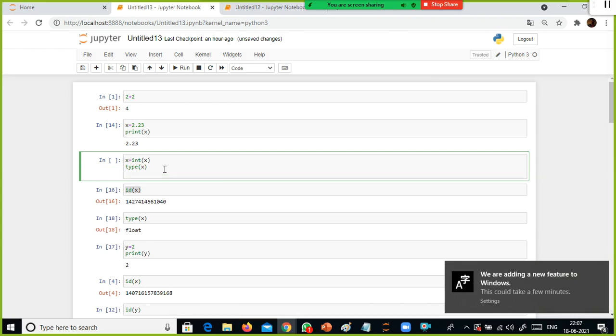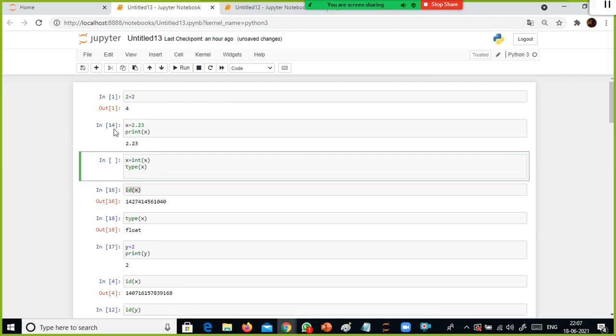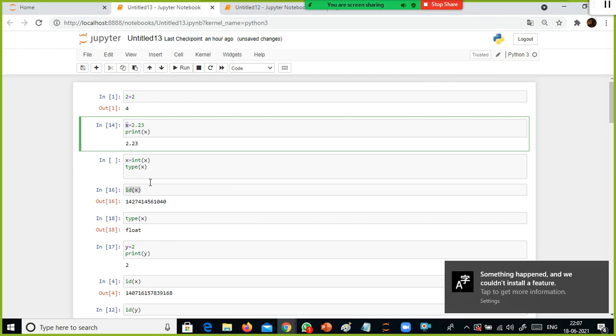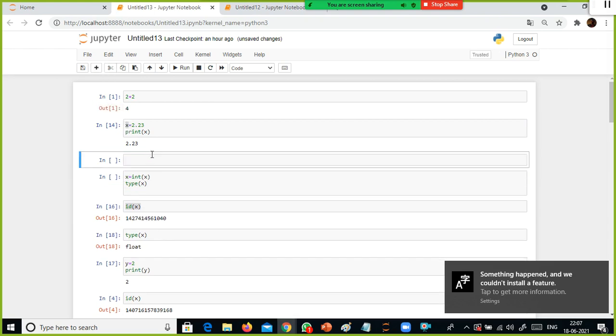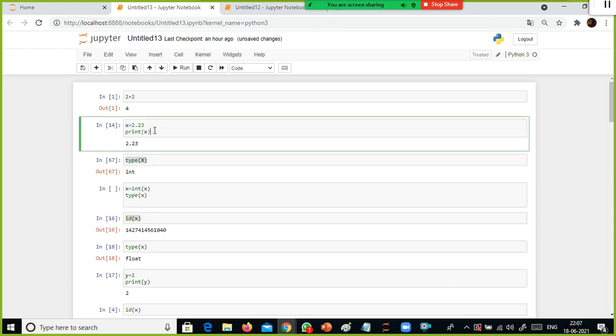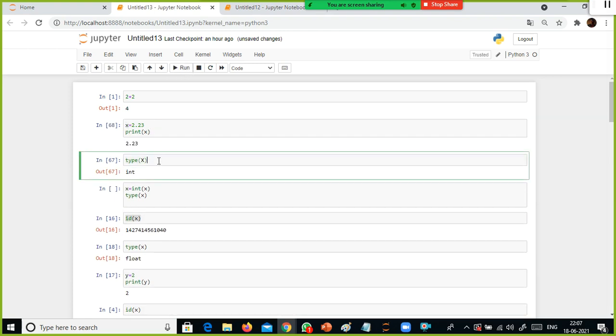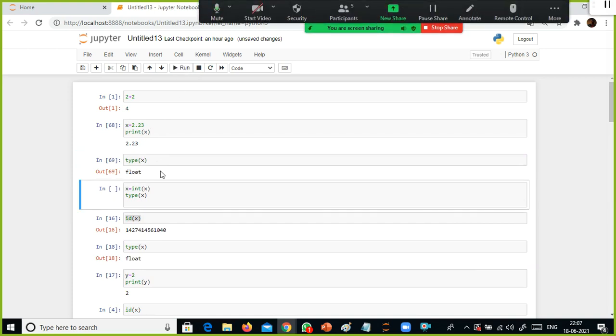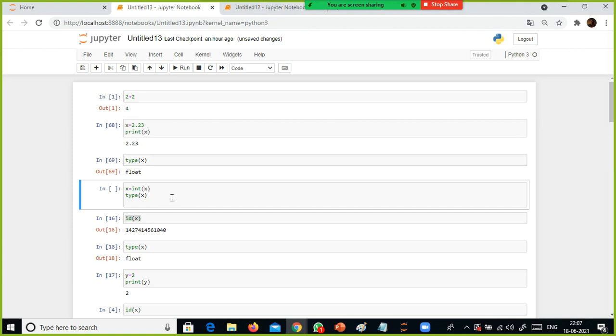And I'm going to use type of x. Yes, see, it's case sensitive. Small x is not the same as capital X.